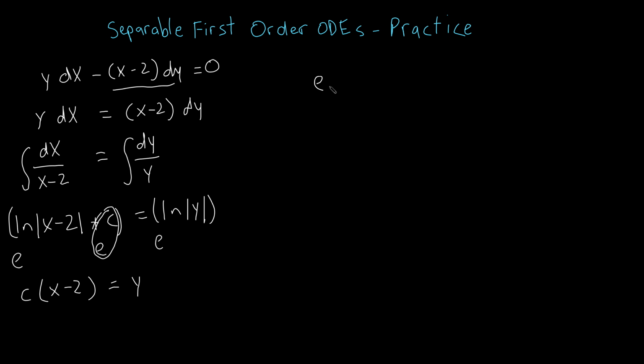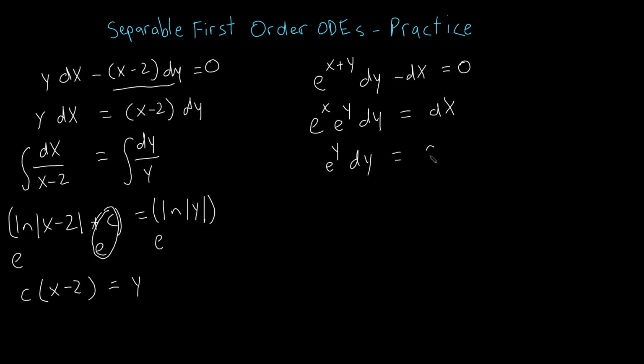All right, and last one: e to the x plus y dy minus dx equals 0. So this is the same as e to the x times e to the y dy. We'll add that dx over. And then we can divide by the e to the x. Over e to the x. Then integrate. Get e to the y